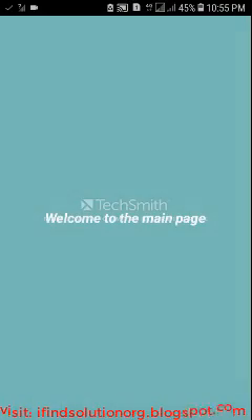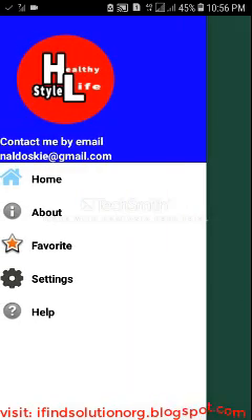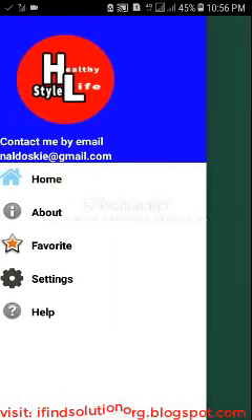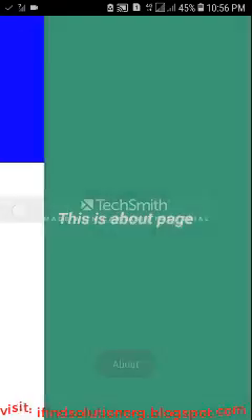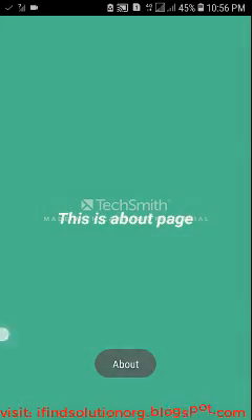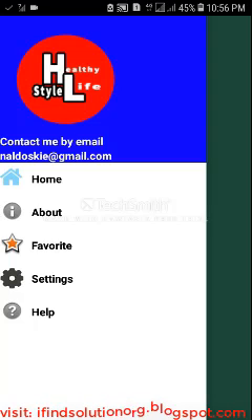So now it is done installing, and we need to try it. As you can see, we successfully initialized the about page, and whenever we click the home, we should get back to the home page, and then when we click the about, we should get back to the about page. The rest of the items will go with the same process as I created the about